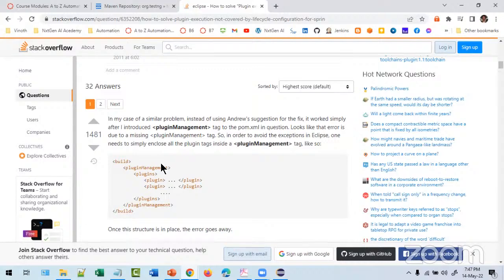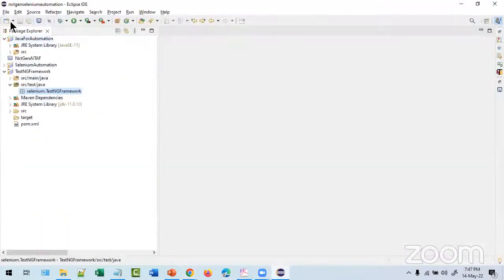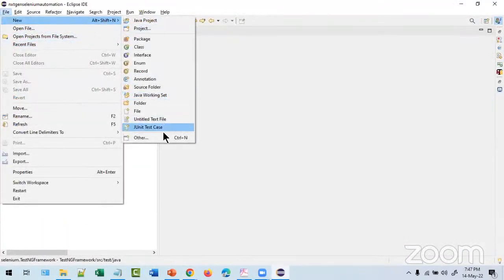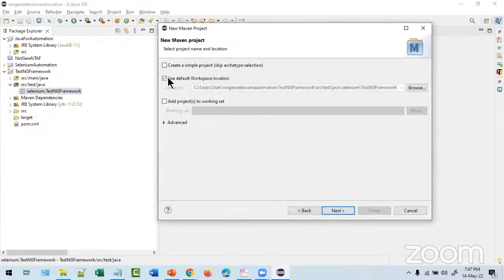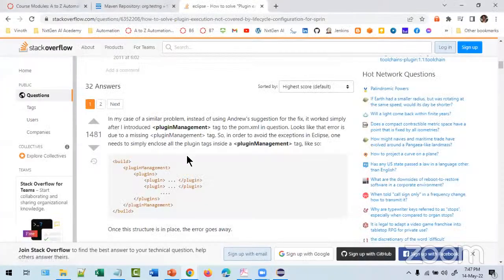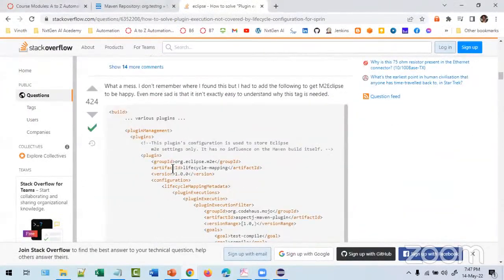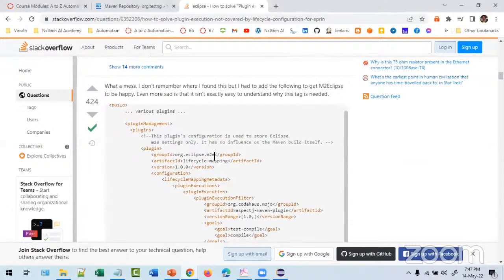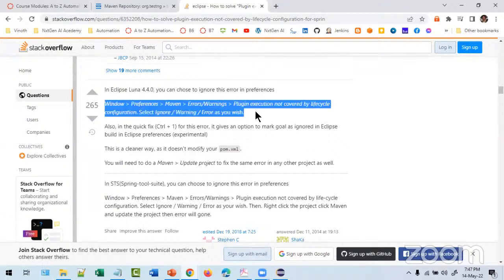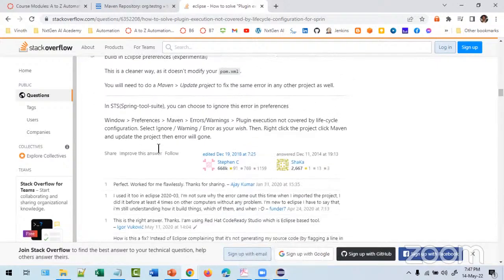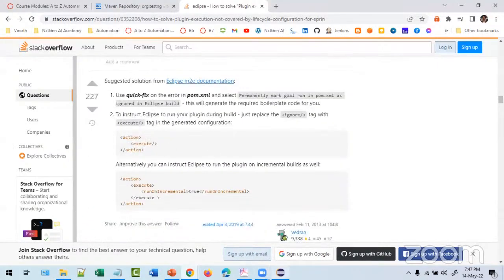I just want to know, Jyoti, whether you followed creating a Maven project using which one? Using simple project or archetype? I just want to know. Just follow the archetype. Then if you still have an issue, let me know. If you follow the archetype exactly with the steps I am saying, you should not face that. Otherwise, you have to apply some fix. Sometimes it will not work.